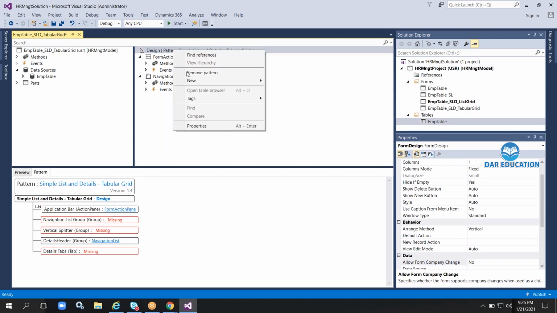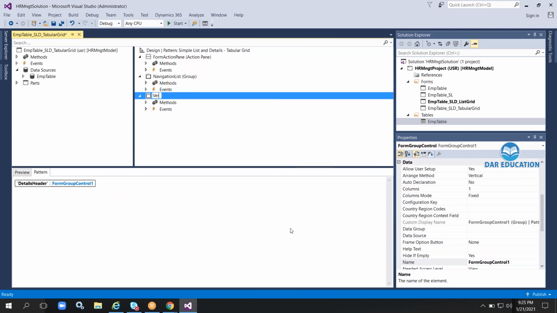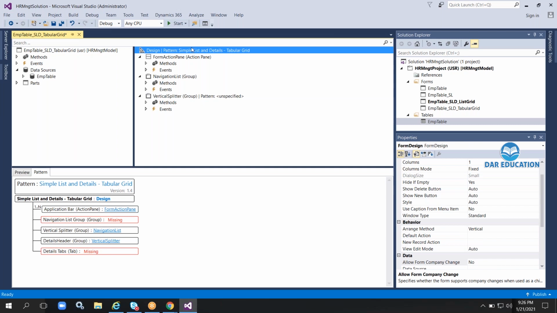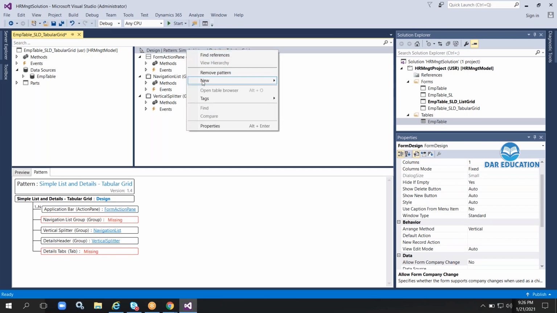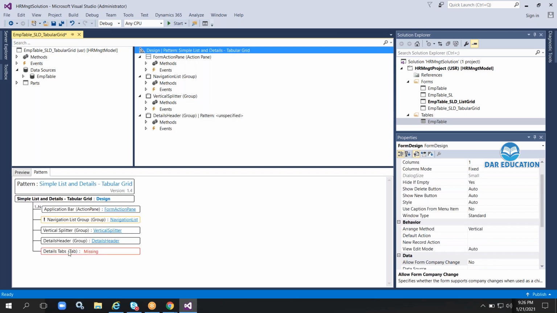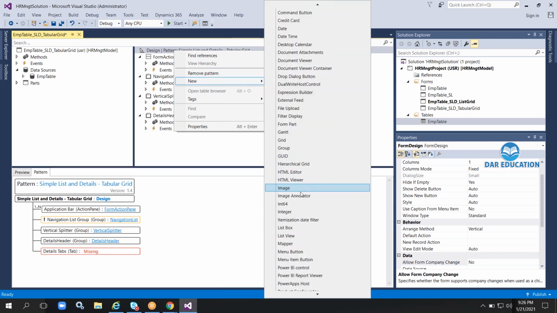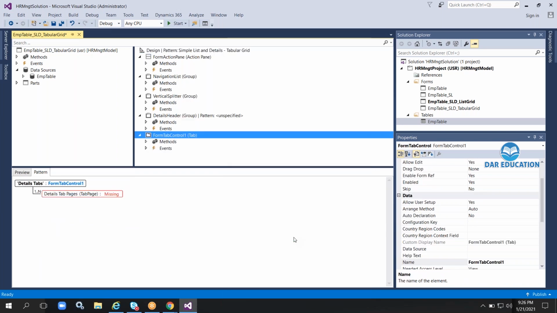Fourth control, details header, that is also a group control. And fifth control, tab control, like form tab. So successfully we have created all the 5 mandatory controls, but we need to satisfy the internal controls of